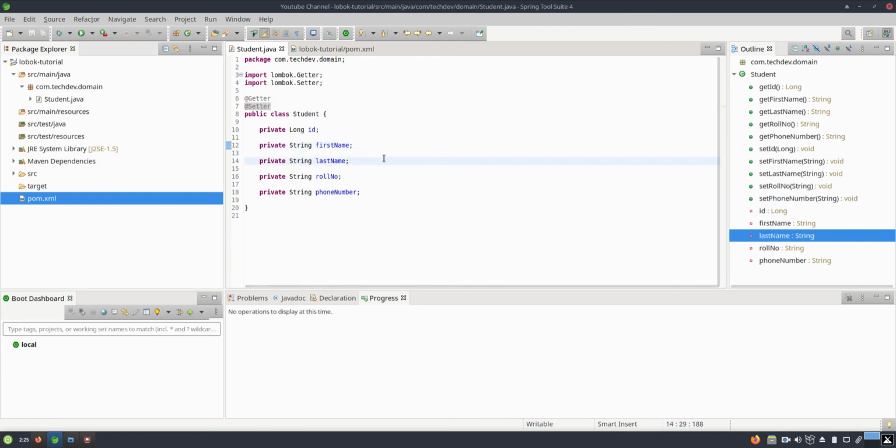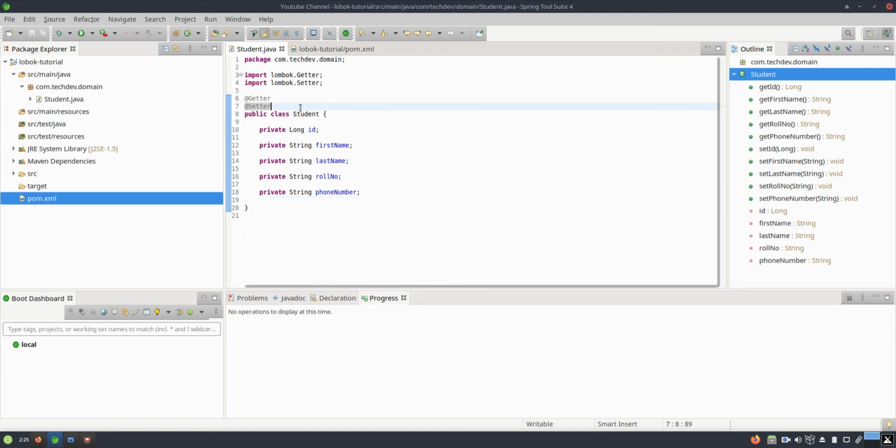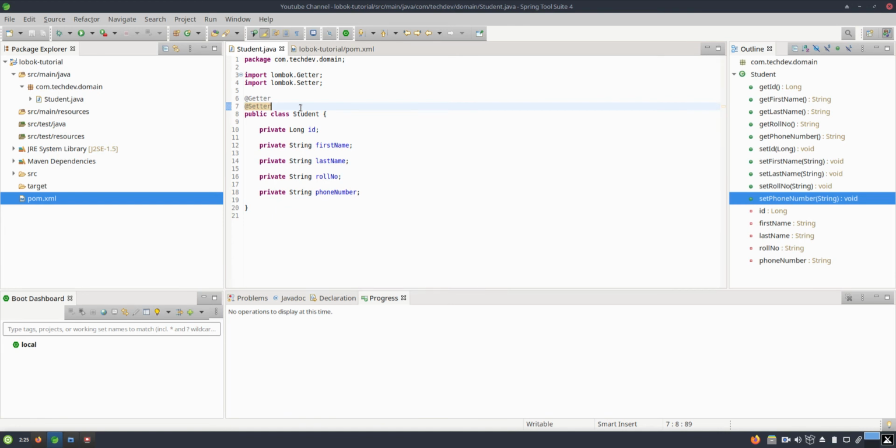See the magic, guys, I have not created any getter and setter in the class, and you can see the productivity, how it generated the setters and getters without wasting so much time manually. It also helps us increase the readability of the class. So these are the basic annotations, like getters and setters.